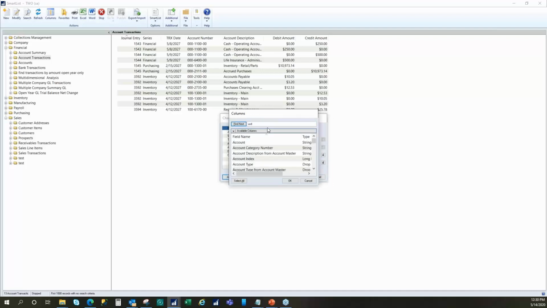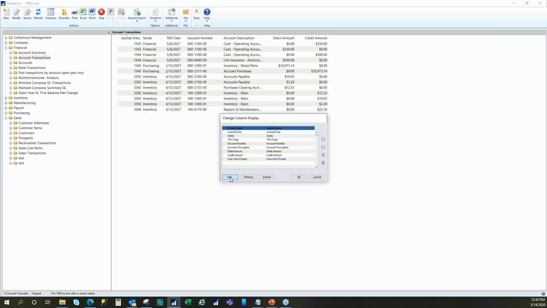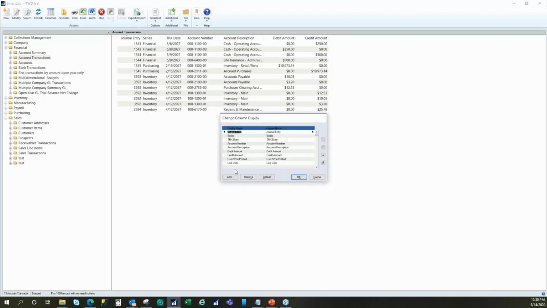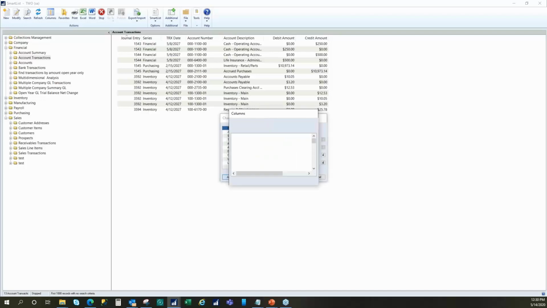So let's go ahead and we'll grab the user one again. So there's our last user. We've got, of course, our user defined, and then the user who posted. So we've got a lot of different things on here. So let's go ahead and we'll grab the last user as well for this. And then the other ones that I wanted to bring up is if we come in and we type in originating here. And you got to spell it right,